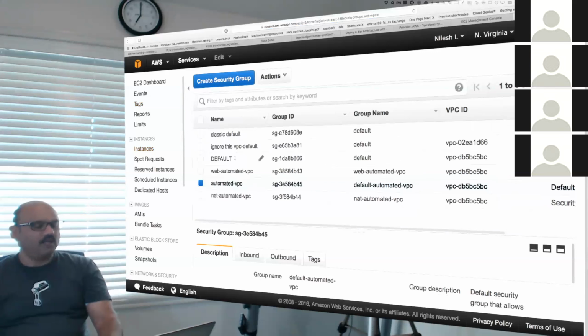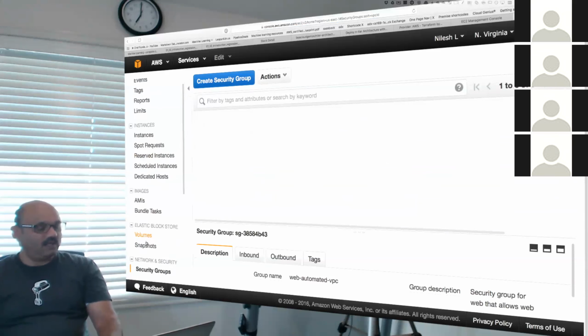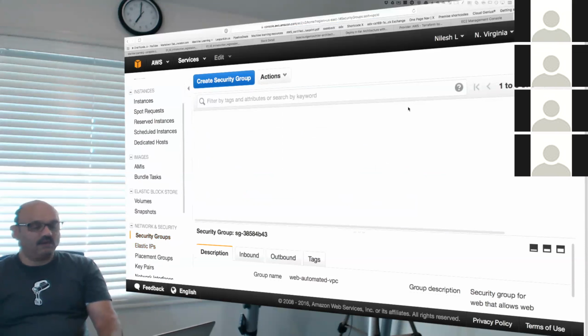The reason it did 3 is because it did not modify the existing default, but instead created a separate default automated VPC group for us, a default, web automated VPC and a NAT automated VPC. So we now have 3 distinctly created security groups in our listing.